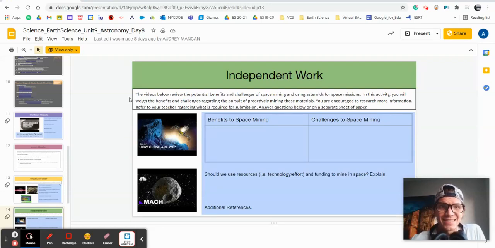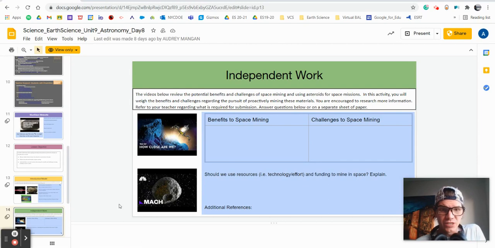Hello everybody, this is day 8 of our astronomy unit, and in today's lesson we spoke about the possibility of mining raw materials from different celestial objects in space. And today's independent work is focused on doing some research on the benefits and the challenges that are associated with